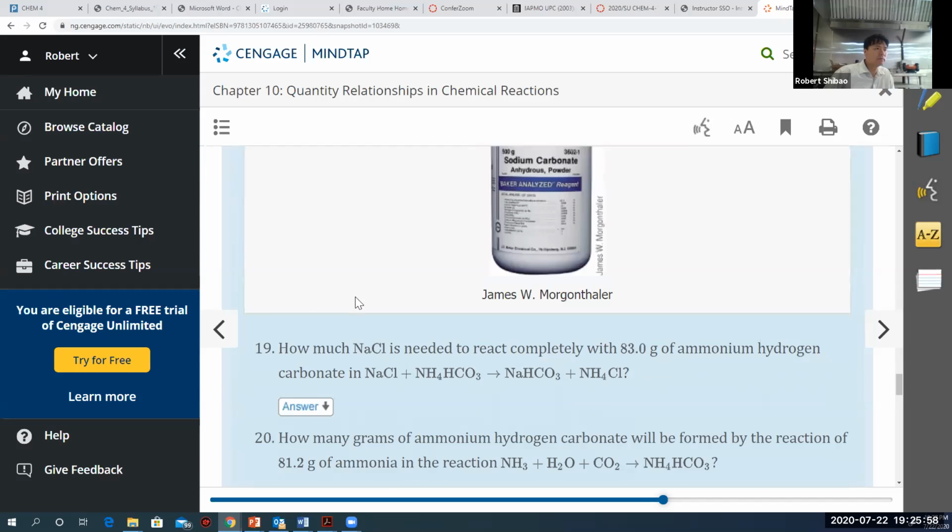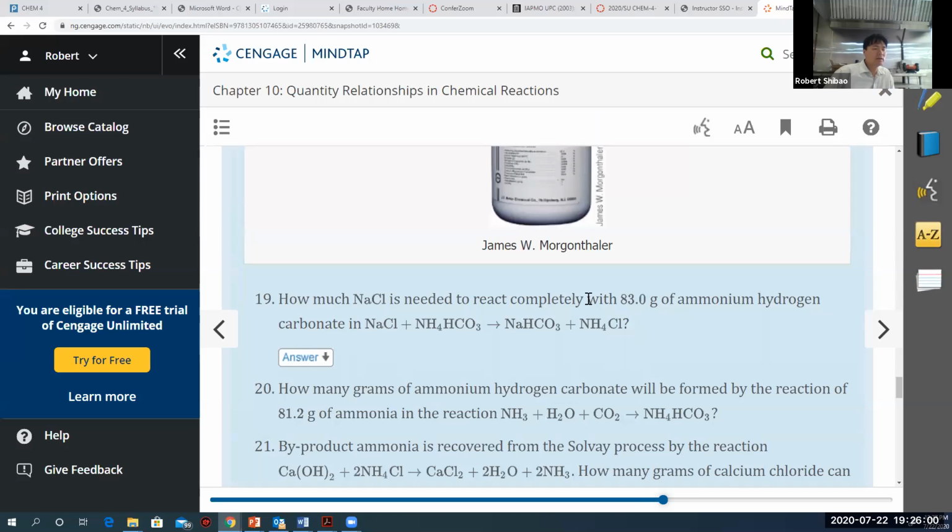All right. How much sodium chloride is needed to completely react with 83.0 grams of ammonium hydrogen carbonate? Hydrogen carbonate is also called bicarbonate. So more commonly, this is called ammonium bicarbonate. So sodium chloride and ammonium bicarbonate. What kind of reaction is this? This is a metathesis reaction here. I can see it because the ions are just swapped around. And so when we look at this particular reaction,